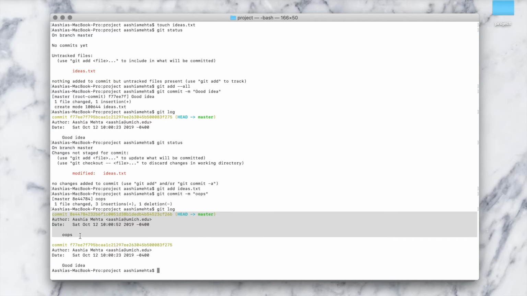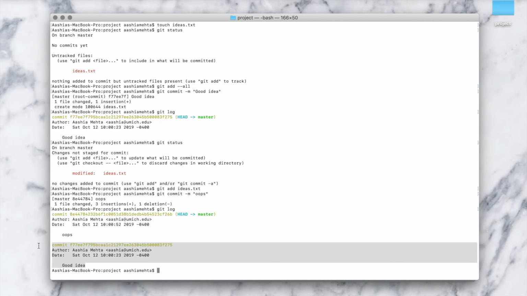Now, what if I don't want this last commit? I no longer want oops. I want to go back to good idea and what my file looked like back then. So in this case, we're going to revert our last commit. And just as it said, we can use git revert. And to this command, we're going to add